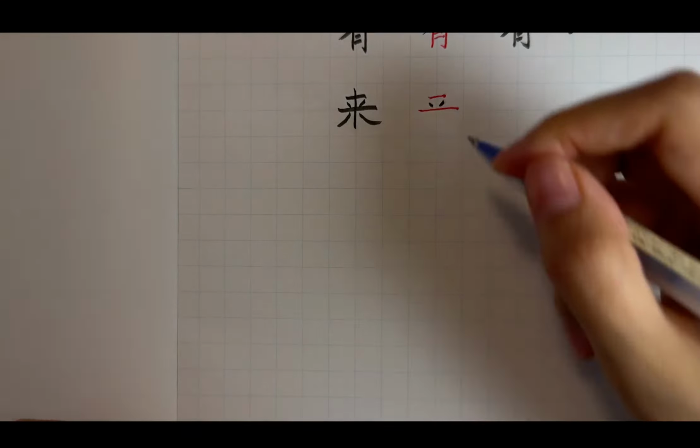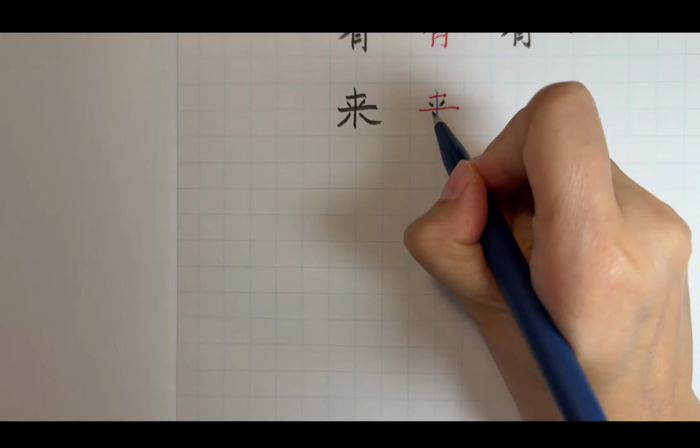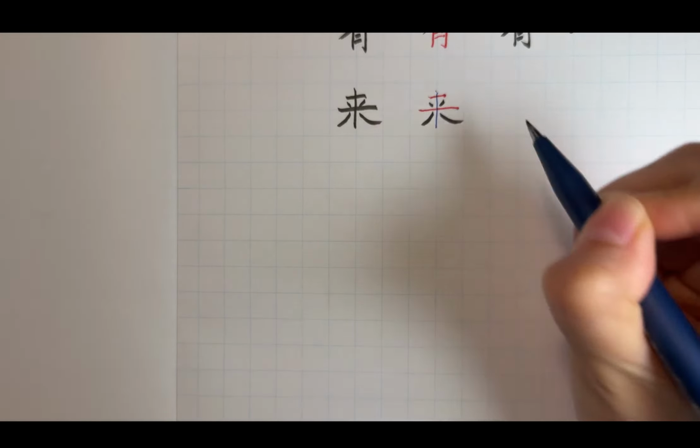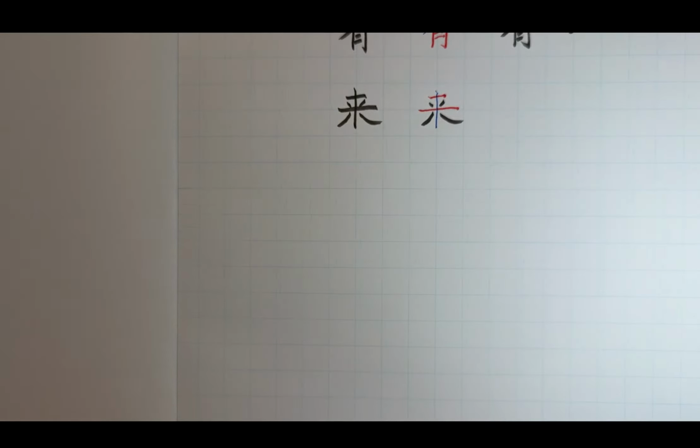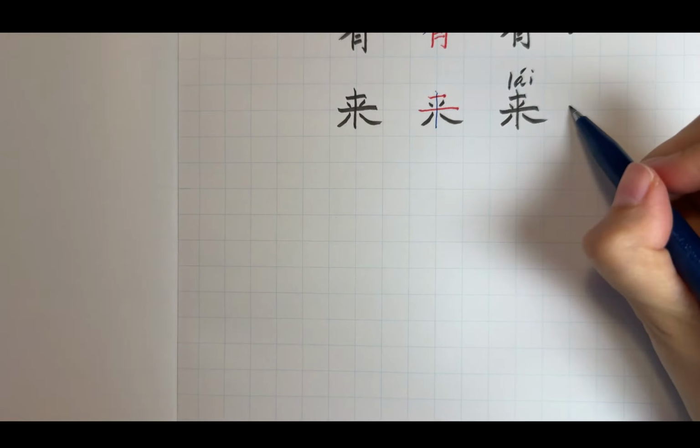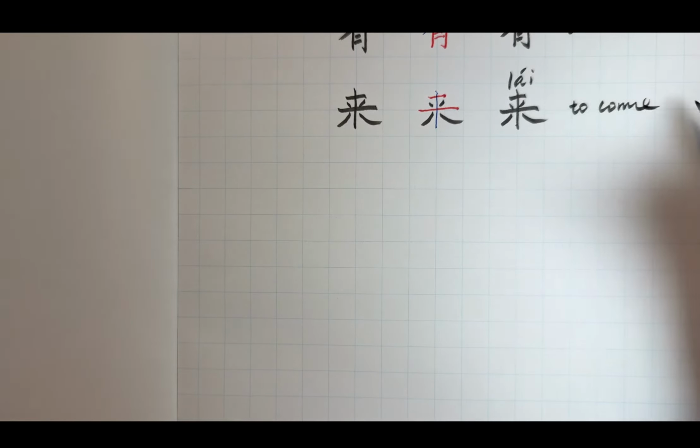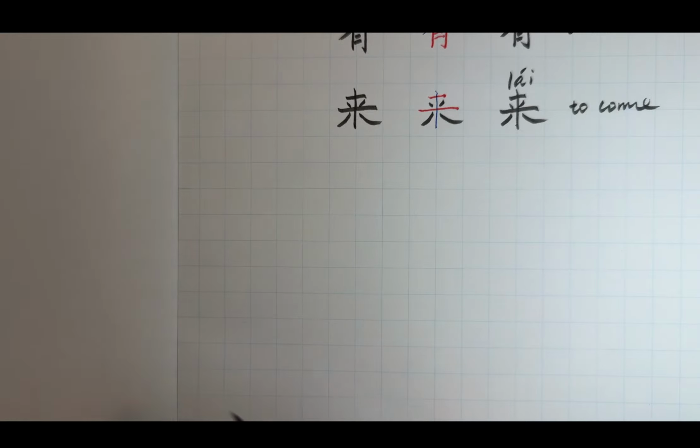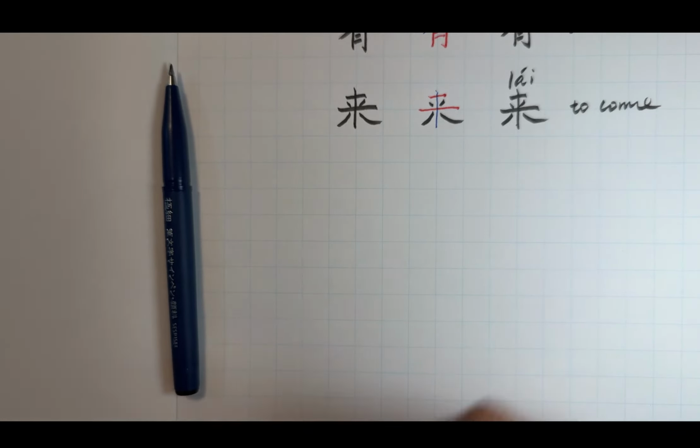Write a vertical one. And we've seen this a lot of times. So 1, 2, 3, 4, 5, 6, 7. 一共7画。来 is to come. 来过来